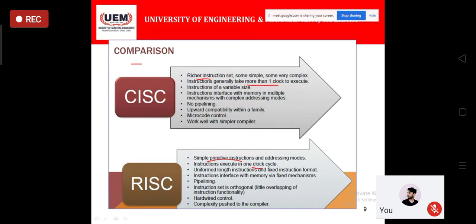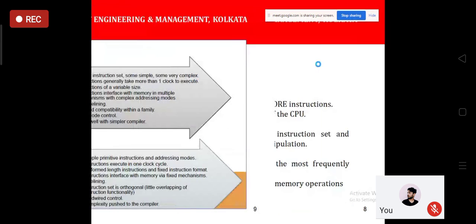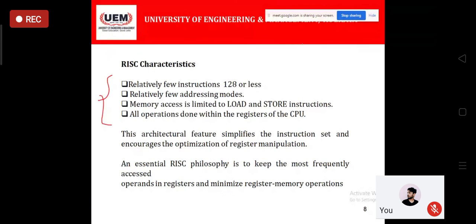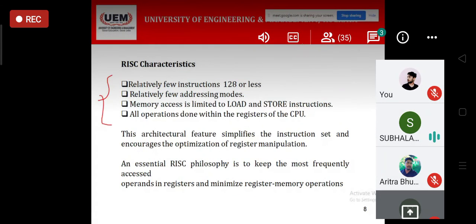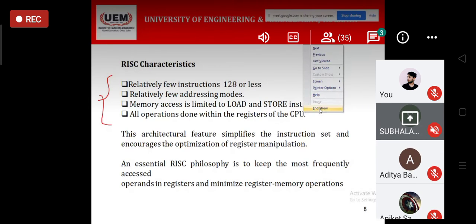so there is no concept of pipeline in CISC. The few points that are important, you must write. I am not telling you to write every point, but certain things we should check, whether you are writing all these things or not. So this is all about RISC and CISC in short, and the typical type of question that might come, I have already told you. Okay.